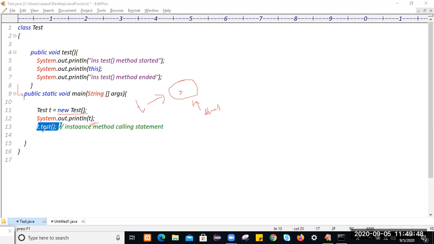The moment you use this statement, it will call the instance method, which is the test method. The instance method will be started. Again, this will print the same memory address as we have displayed here. And the instance method will be ended here, and the control will return back to the calling statement. And finally, your execution will stop at the main method. Execution will start at the main method, and execution will stop at the main method only.